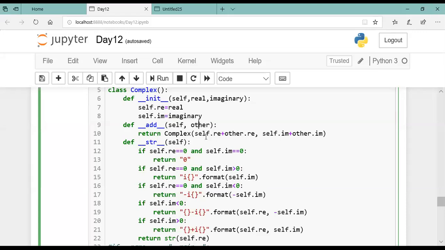Self dot re मतलब खुद का object का data plus other dot re मतलब दूसरे के object का data. Okay, self dot re plus other dot re, तो real हो गया यहाँ पे, and then imaginary self dot im plus other dot im, ये हो गया. सो रियल और इमेजिनरी दोनों यहाँ पे ऐड होके कॉम्प्लेक्स को मिल रहा है. Now see here what you are returning: complex in brackets, the value. So what is this?